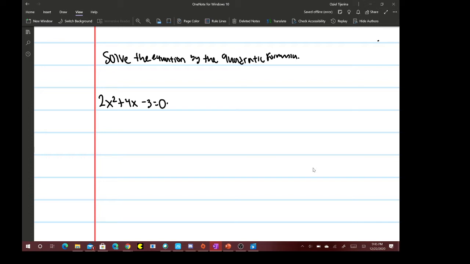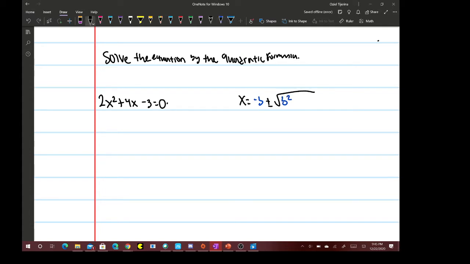So one of the things that we have to do first is we have to know our quadratic formula. We have to say, well, x equals negative b plus or minus the square root of b squared minus 4ac, all over 2a. Okay, so if we label our function, we have a is 2,